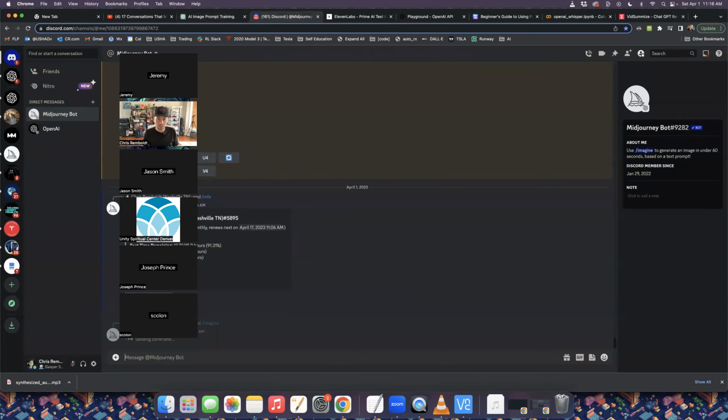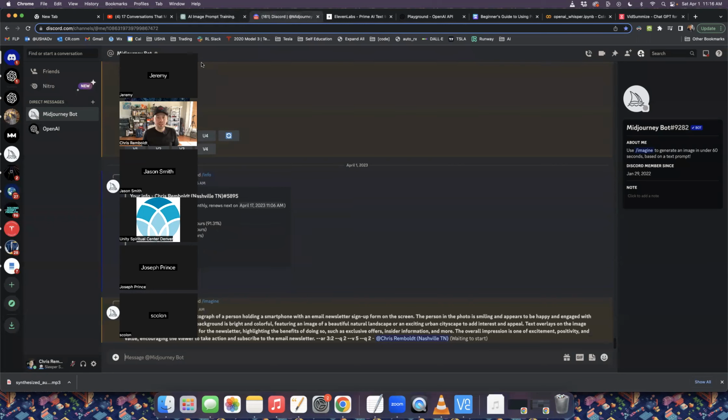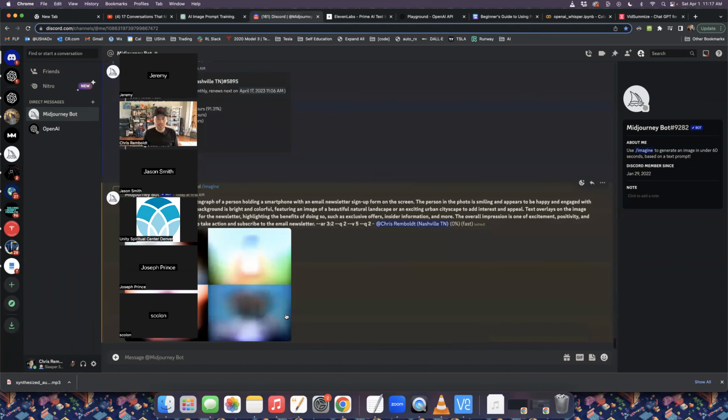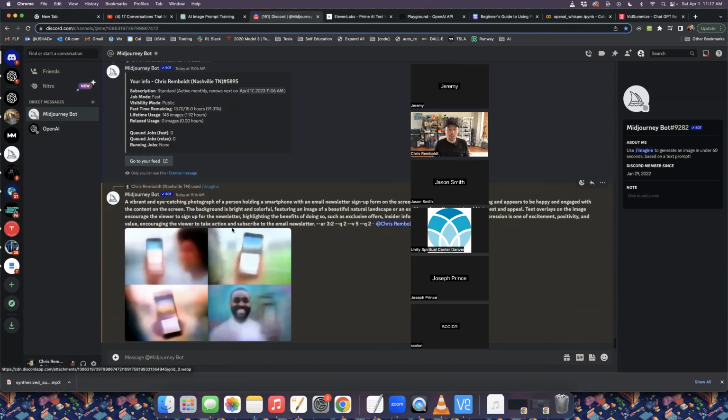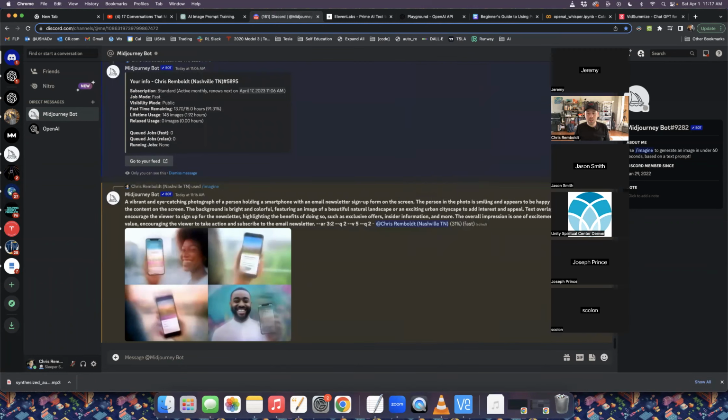Now let's see what this image looks like. It will take usually about 60 seconds to generate an image for pro users of Midjourney. I think there's a free or super cheap version where it goes into a queue and it might take a few minutes to get back to you, but this is the fast version. And we literally get to watch this thing hallucinate. So here's where it's starting, and it will become clearer and clearer as it goes on. And it will tell us what percentage we are at. So this is 31% fully hallucinated, 46%, and it'll go and go and go.